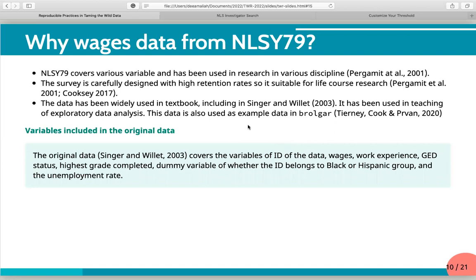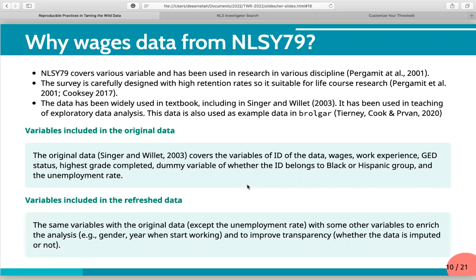The variables included in the original data, which here means the data in Singer and Willett, cover the ID of the individual, the wages itself, the work experience of the individual, the graduate equivalency degree status, the highest grade completed, a dummy variable for whether the ID belongs to the Black or Hispanic group, and also the unemployment rate in the corresponding year.